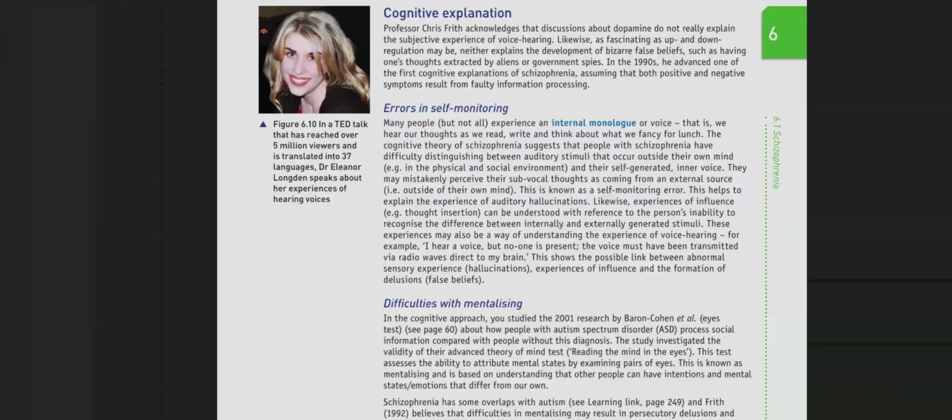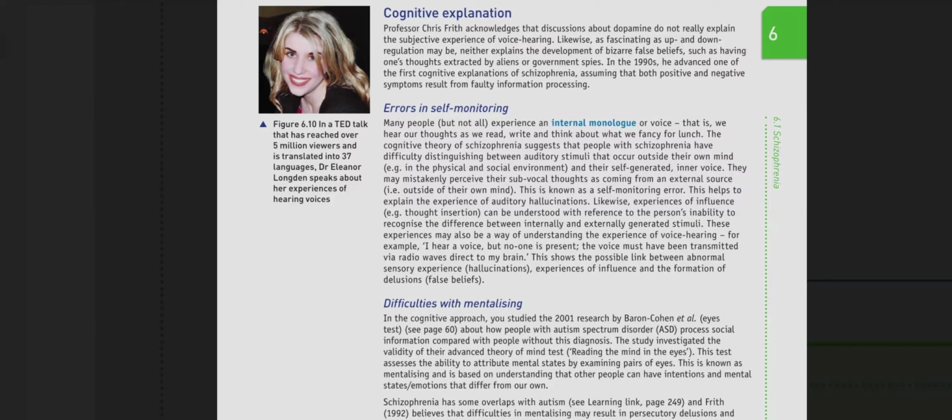So internal monologue, they've said, that is, we hear our thoughts as we read, write, and think about what we fancy for lunch. The cognitive theory of schizophrenia suggests that people with schizophrenia have difficulty distinguishing between auditory stimuli that occur outside their own mind and their self-generated inner voice. So they are saying, Fritz says, that there is a cognitive theory, right, which says that these people with schizophrenia